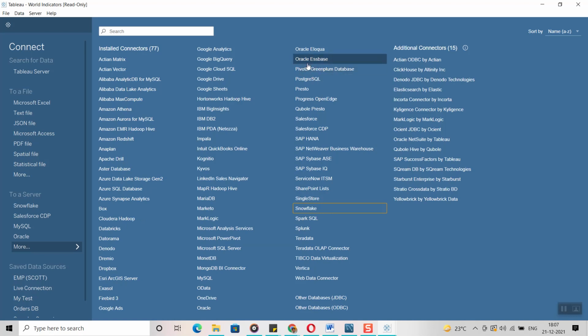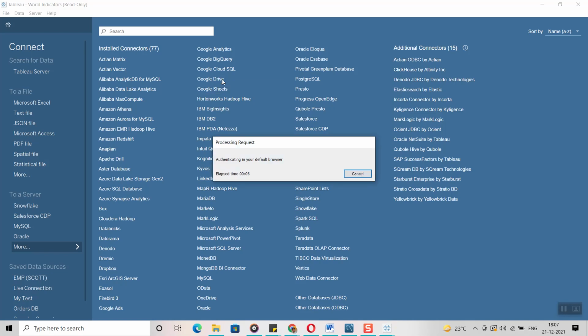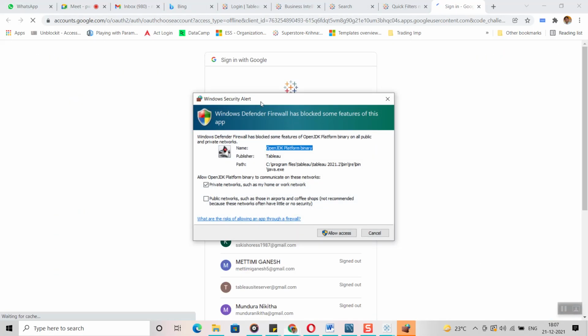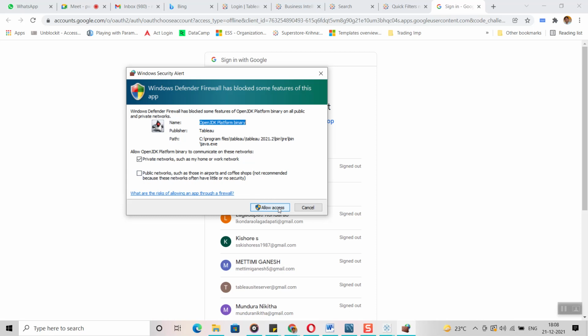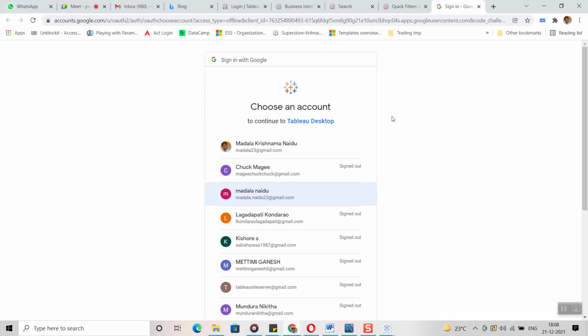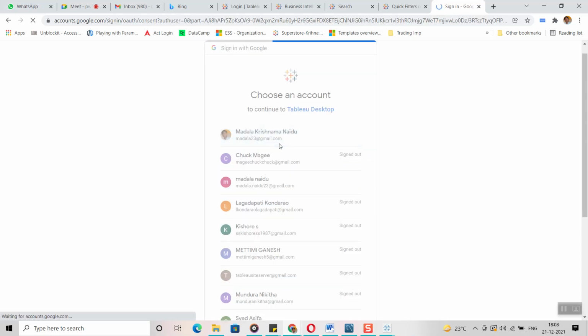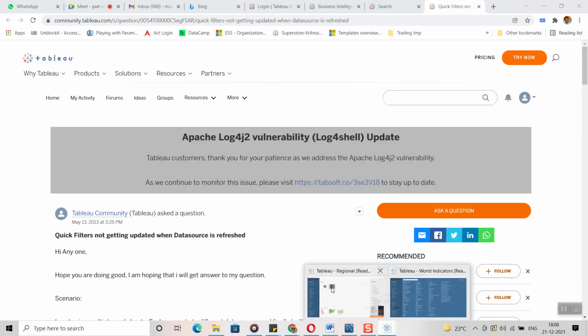Or, for example, if you are going to connect to Google Drive or Google Sheets, let's take Google Sheets. Now it is going to ask how you are going to log in. See, it is logged in automatically. Allow access. I am clicking allow access. Now if I log in to my account, it is going to open Google Drive. See, Tableau created this window to authenticate. It is now safe to close. Now it's authenticated.